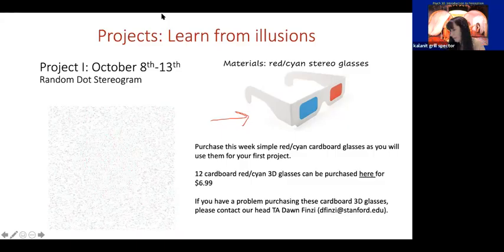If you were on campus, I would have distributed these glasses to you, but because we're in this remote setup, I'm going to ask you to purchase red cyan stereo glasses. These glasses are made from cardboard. They're pretty cheap. For example, you can get 12 cardboard glasses, called red cyan 3D glasses, on Amazon for $6.99. You can also buy just a single pair. It varies between 10 cents and $2. These are the prices that I've seen. But if you can self-organize and a bunch of you buy together, that's probably going to be the cheapest.